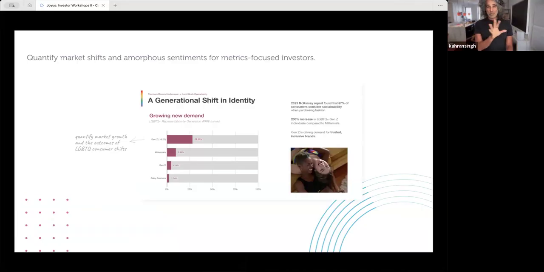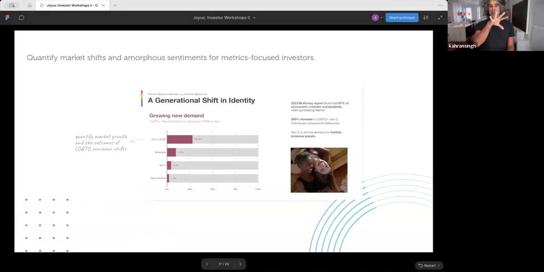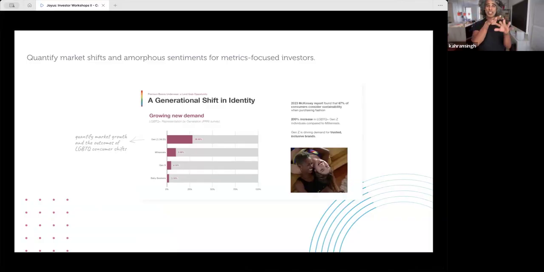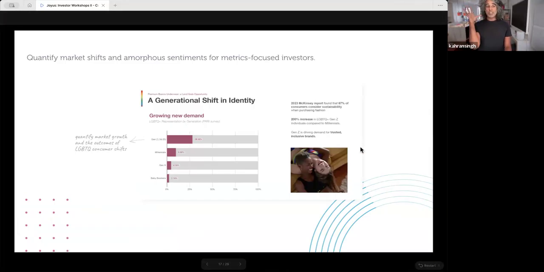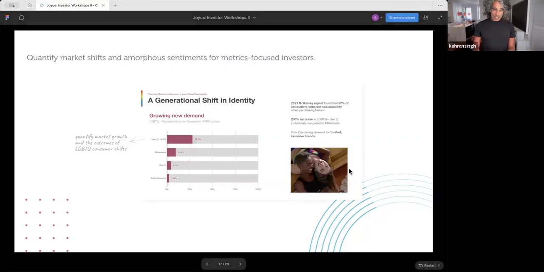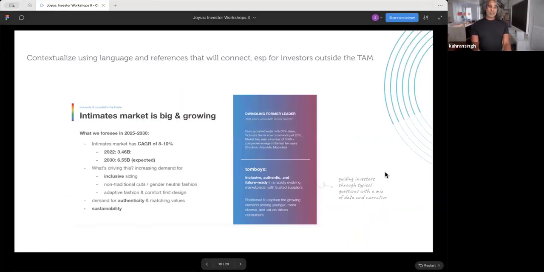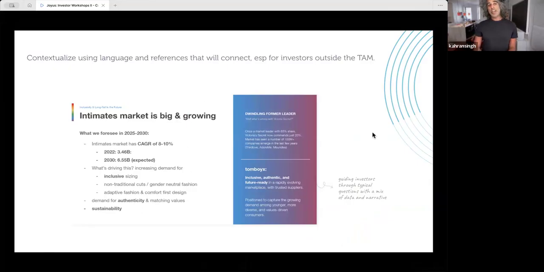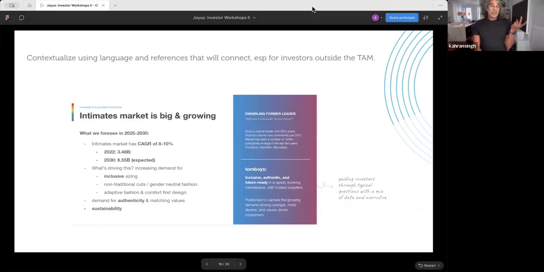So the first part of that story, and this is just to frame how we've shown that same information in a couple of different ways, is again telling that story of the generational shift I talked about in some of those other versions, but here we're presenting in a much more metric-driven way, right? We're talking about what LGBT growth looks like. What is happening with those types of consumers? Why is that consumer base growing? And what is the net result of that, right? We expect that they're going to be driving this kind of demand. Again, this is that content about Victoria's Secret, reframed in a much more metric-driven way, right? Especially for investors who